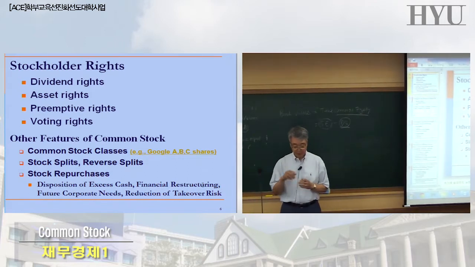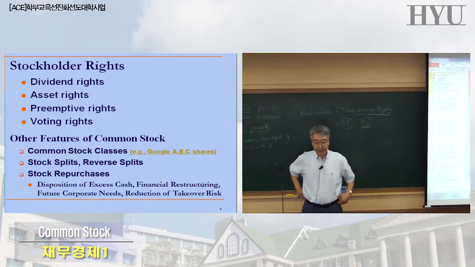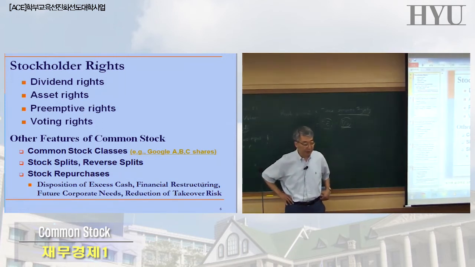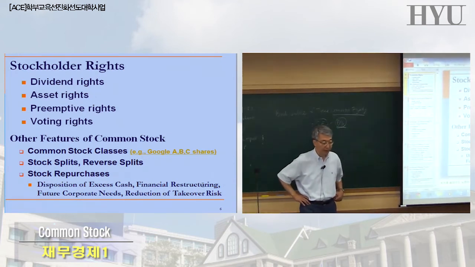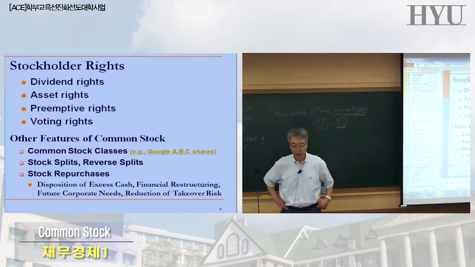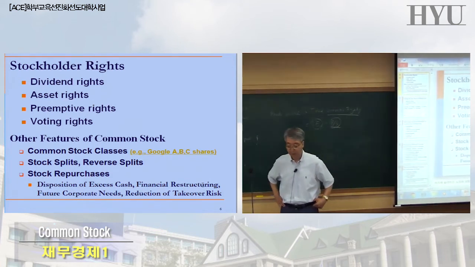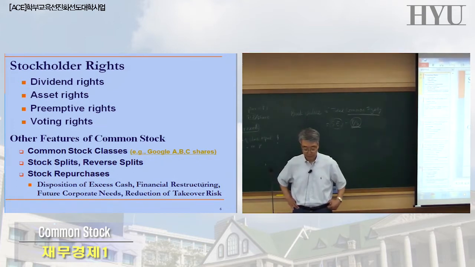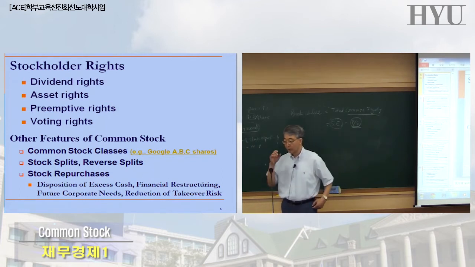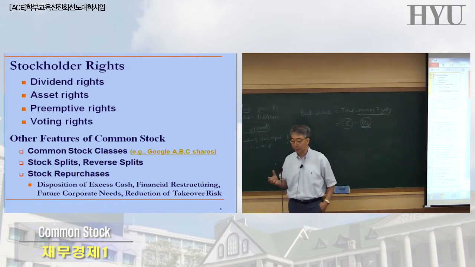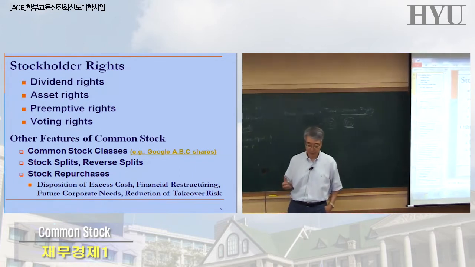Stockholders have certain rights. First of all, the most important right is the dividend right. After all, that's why most people buy. Well, I guess that's not really true. A lot of people buy stocks for capital gain instead of dividends. But the dividend right is, on the surface, formally, the most important right of stockholders, because you are the owner, and owners are supposed to share the profit.